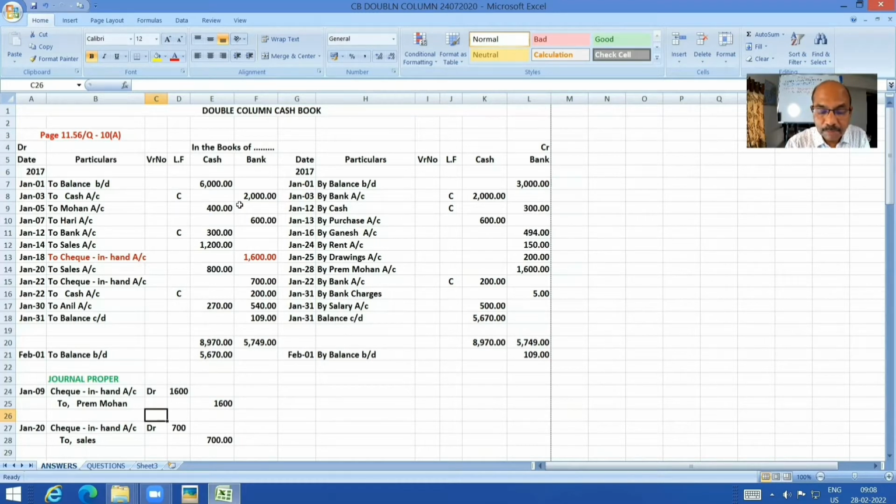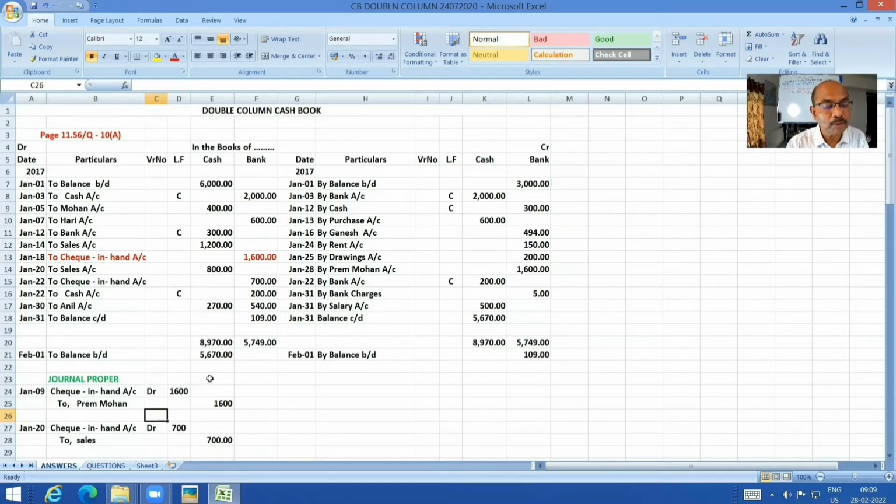Received a check from Mohan, discount allowed. Well, students, I had read the question completely. I understood. They are not categorically told it has been sent to the bank. And I find that on a later date, it has been deposited. So you should also read the complete question, okay? And wherever required, make a tick mark so that it has to be appropriately dealt with, right? Here, the check received has not been deposited into the bank on the same date.